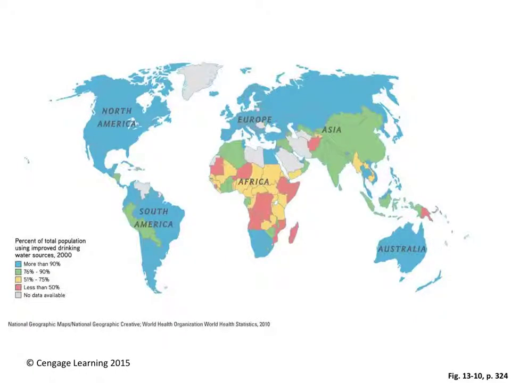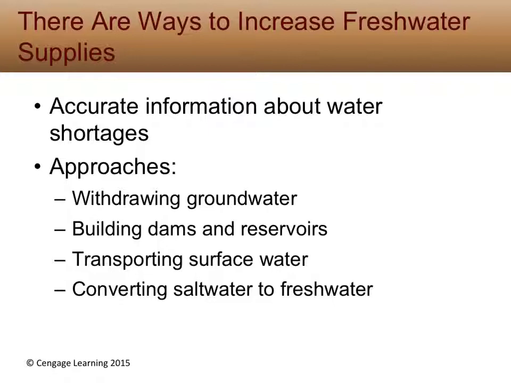Another little graphic here is the percent of total population using improved drinking water sources. So these are the regions that kind of have clean water, which is a good thing. And of course, that's throughout North America, kind of into the Caribbean, South America. Yes, we have much better systems to clean our water. You've probably heard some situations too where if you go to Mexico on vacation, don't drink the water. Well, it's because they don't have adequate systems in order to clean their water. Europe, Russia, Australia, Southern Africa, very clean drinking, but still have problems.